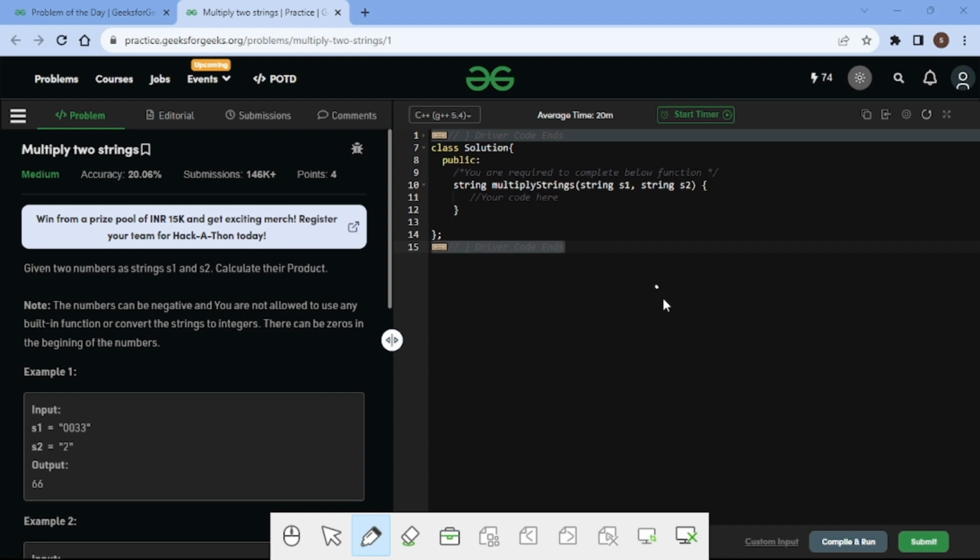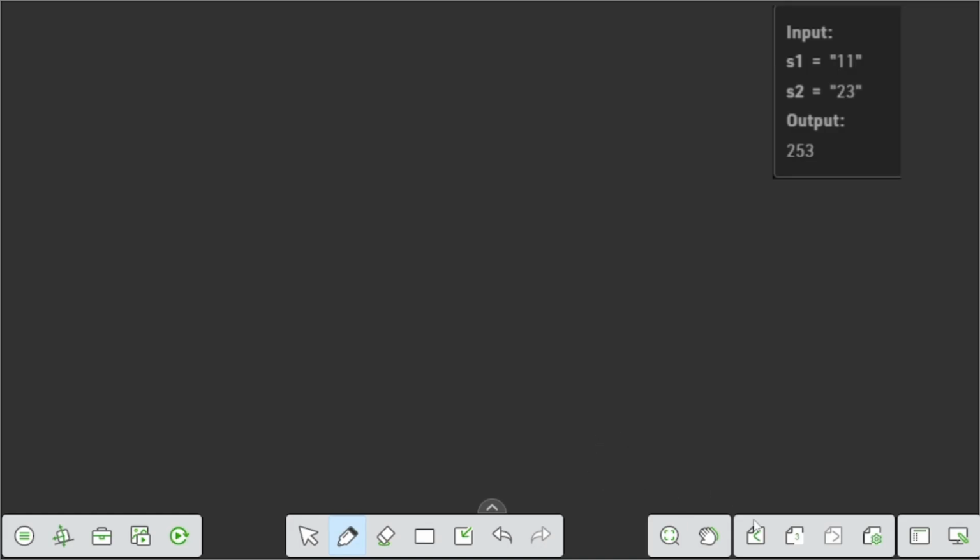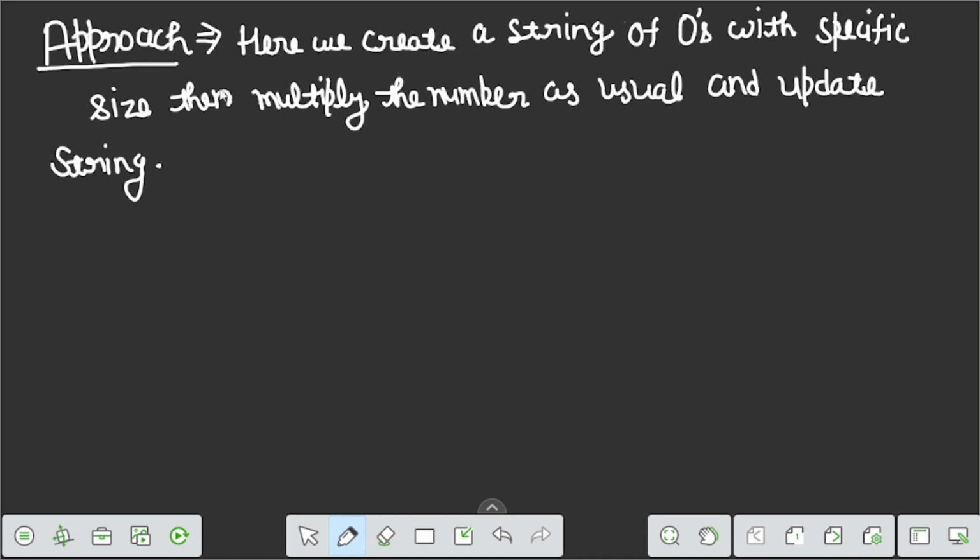Let's suppose strings 223 and 45 are s1 and s2, and we have to multiply those two strings, s1 and s2, and return a string, let's suppose answer, which is the multiplied form of these numbers. So we have to return a string of the multiplied result. So how are we going to solve this question? Let us discuss. In this question the approach is very simple.